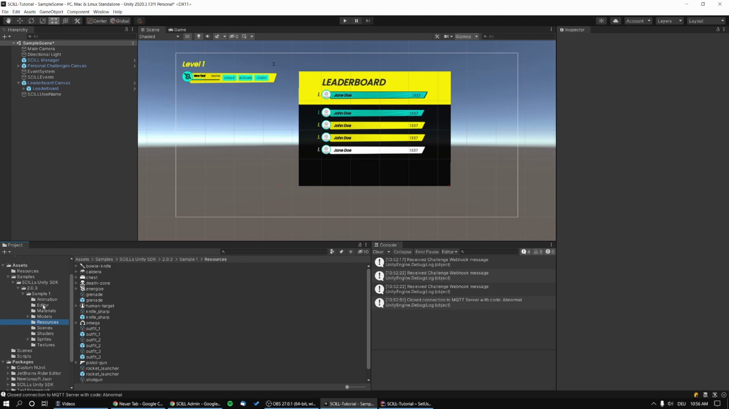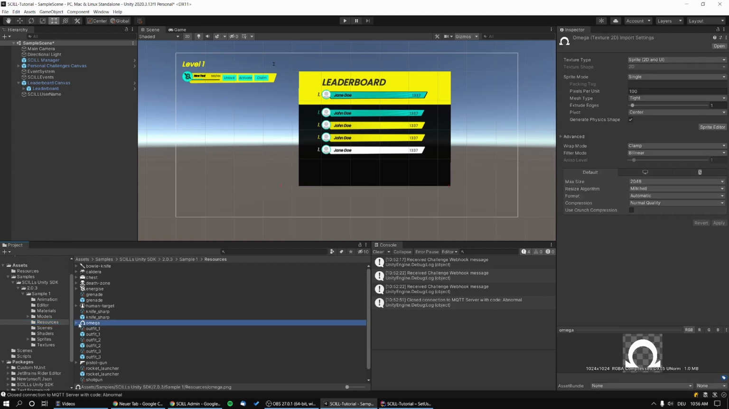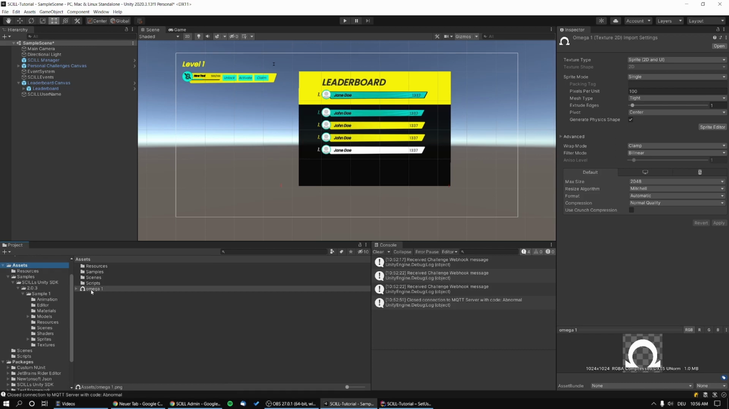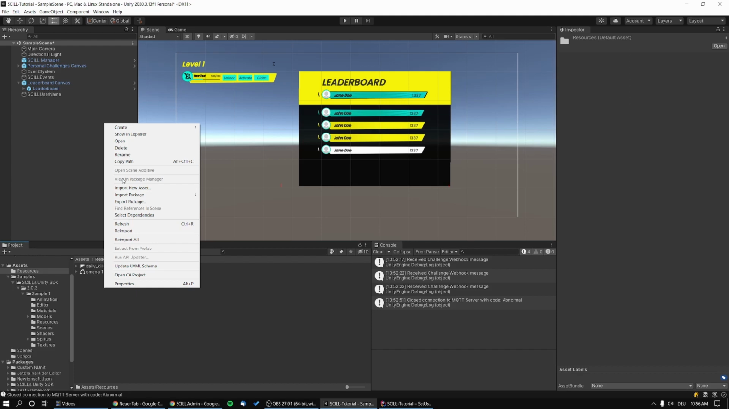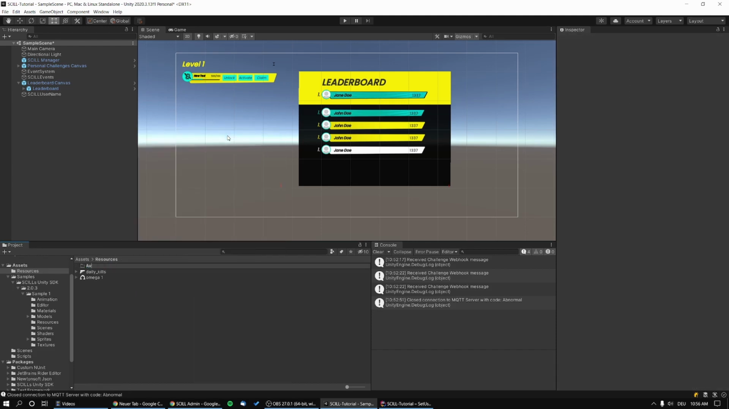So go to samples, resources, and take this Omega sprite, and let's put it into our resources folder. In the resources folder, let's create a new subfolder called avatars. So SCILL will automatically attempt to load the avatars from an avatars subfolder in any kind of resources folder. You can actually adjust this by